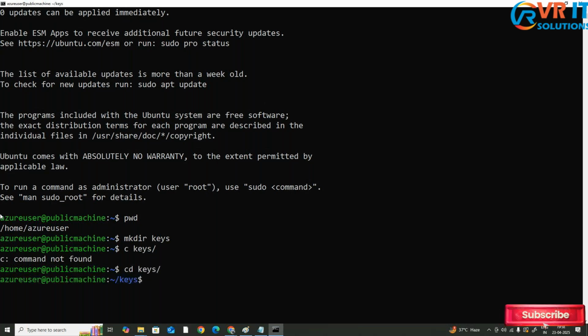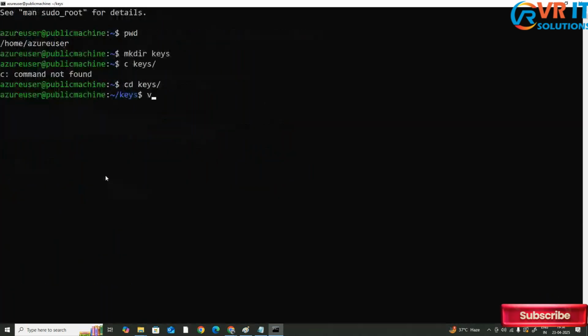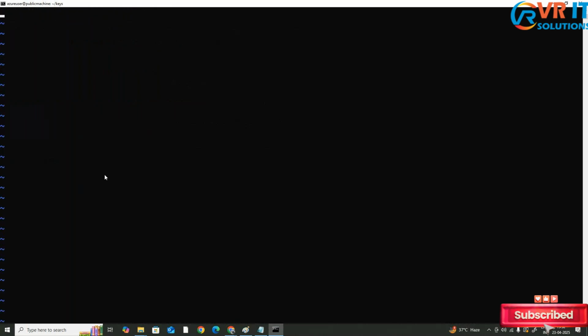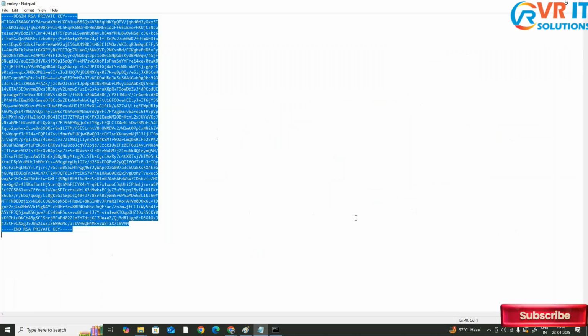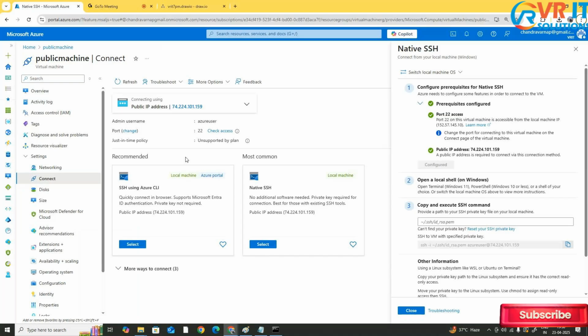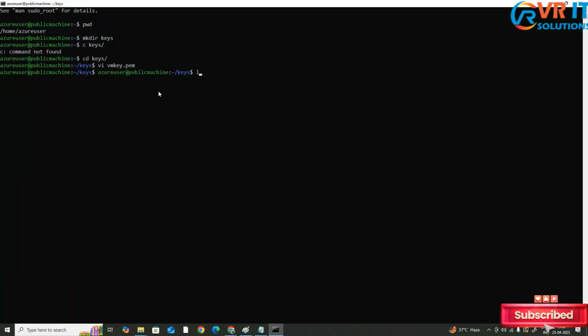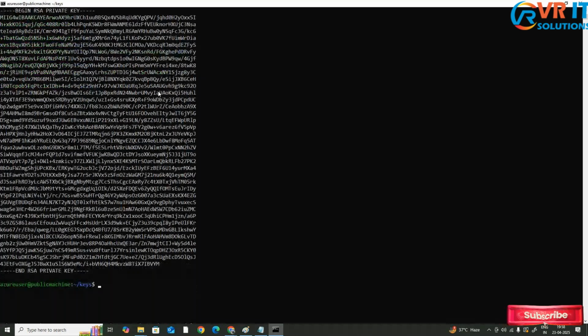Inside that keys directory, I will generate a PEM key, vmkey.pem. Let's see, insert, and I will copy this content and paste it here. Save this file, vmkey. Let me check the content. Whatever content I required for the key, that was available. Now I can take